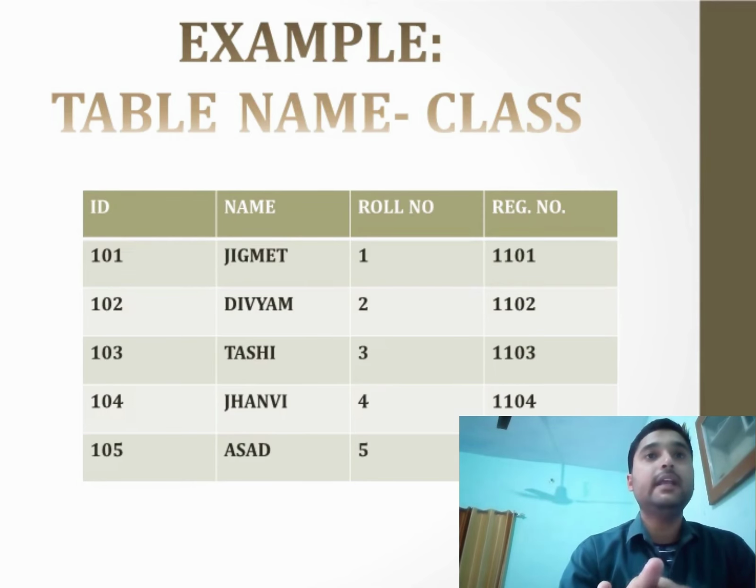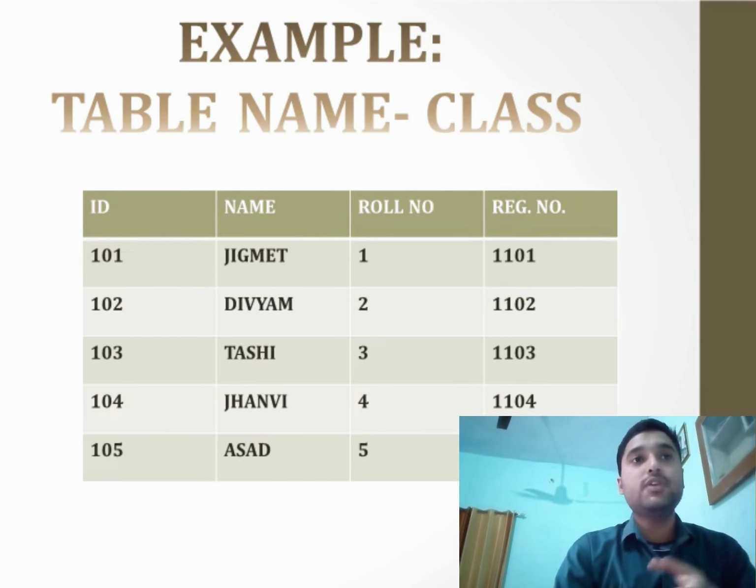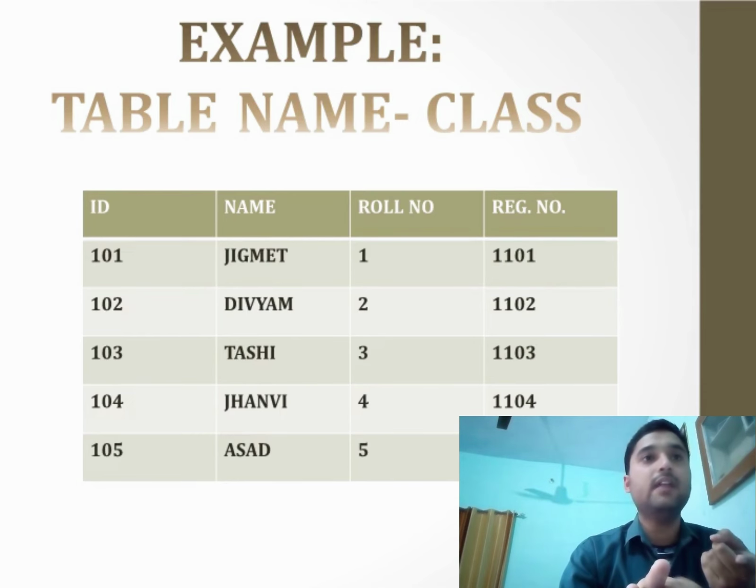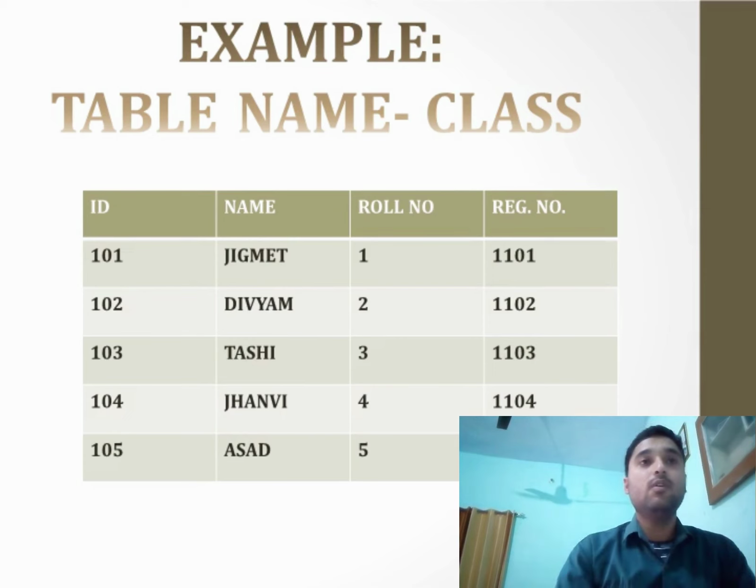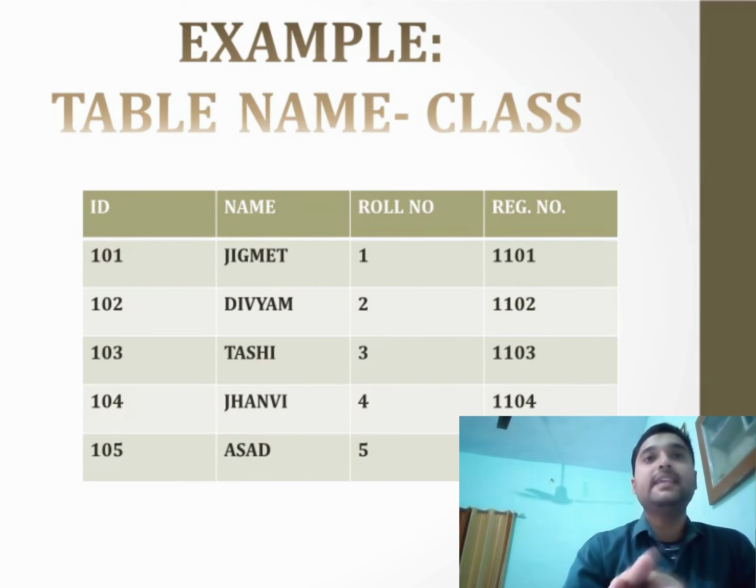ID, roll number and registration number are all unique, and we can identify each student with the help of ID. We can identify each student with the help of roll number or registration number. So roll number, registration number and ID are the candidate keys. With the help of these candidate keys, you can make one primary key. You can use the ID, the roll number, or the registration number to make the primary key. So on the basis of these candidate keys, you are able to make the primary key, as we discussed in the previous properties. Now you can understand easily.